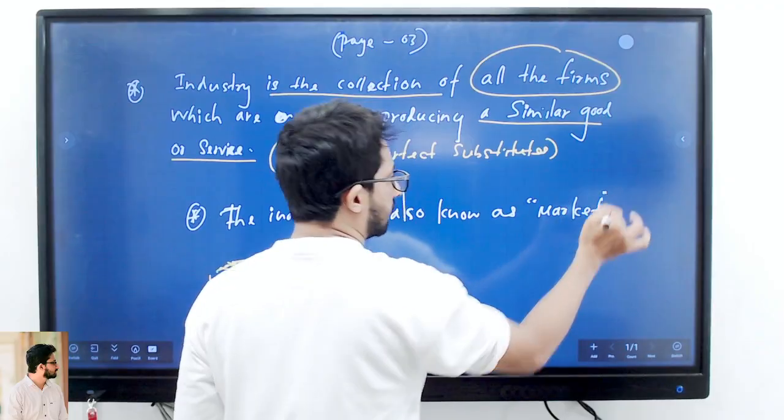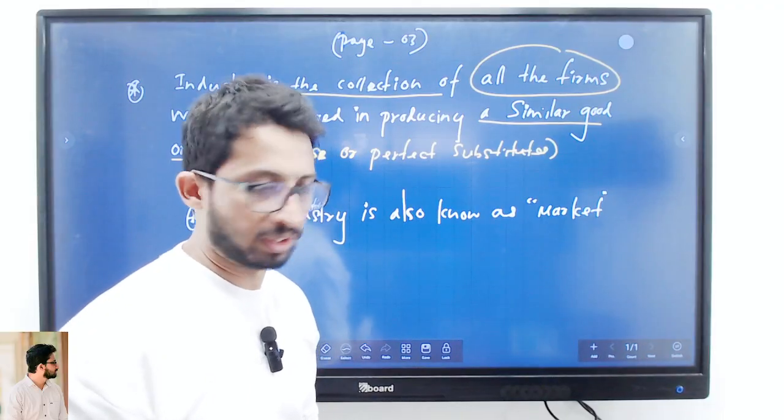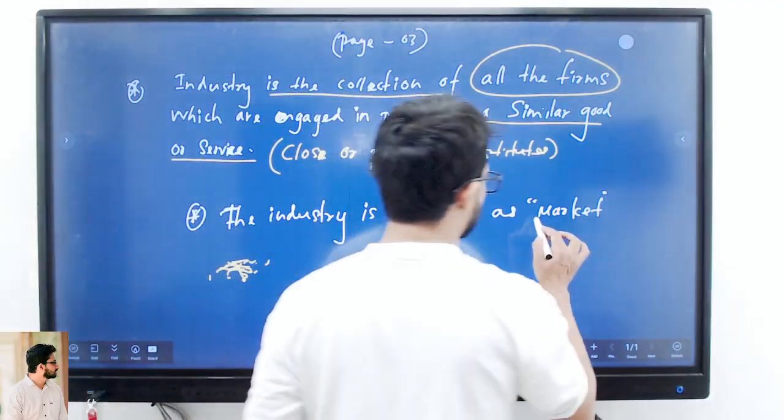Now you have learned market, demand, supply, equilibrium, right? Everything done. Okay, industry is also known as market,